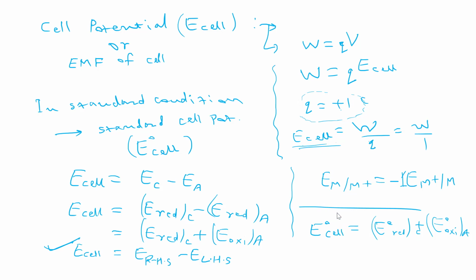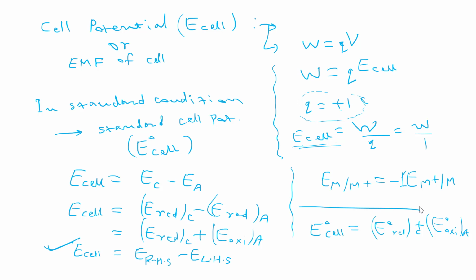Yeah, we will discuss this thing also here. First we are writing this formula, then we are discussing that also. Okay, so in normal condition, if you are calculating the cell potential, then you have to take the reduction potential and oxidation potential also in the same condition. But when we are calculating the standard cell potential, then you have to take the SRP and SOP.